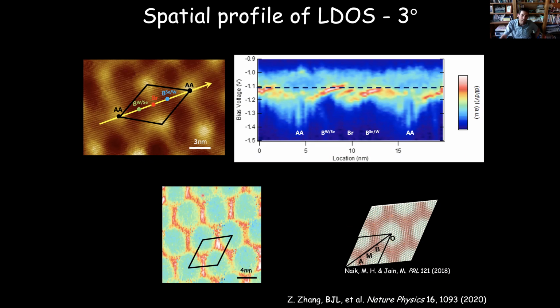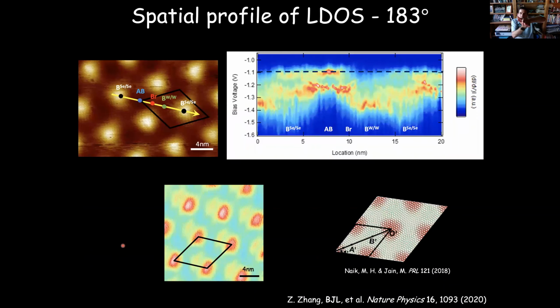We can now compare this to what happens in the 180-degree case. So this is now just rotated 180 degrees from that, same exact measurements, and now you'll see there's only one spot where the density of states is high. It's just at this AB site at the corner of the unit cell here. And so this comes from the fact that we have this different symmetry coming from the different rotations and the fact that we have this 3-atom unit cell that gives then different variations in what the wave functions look like that are giving rise to these flat bands.